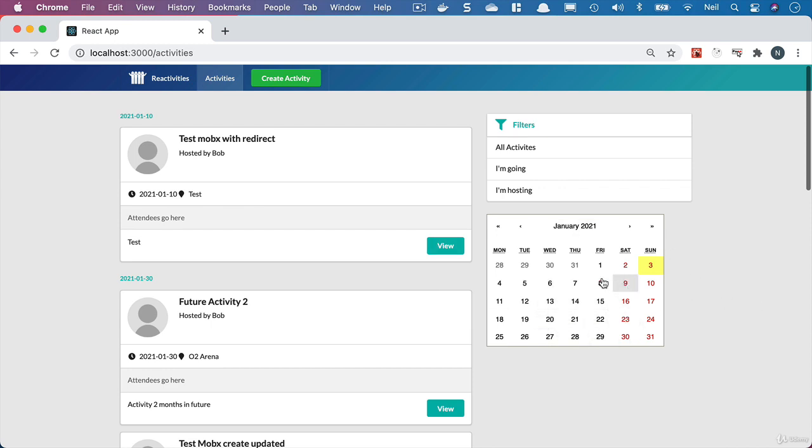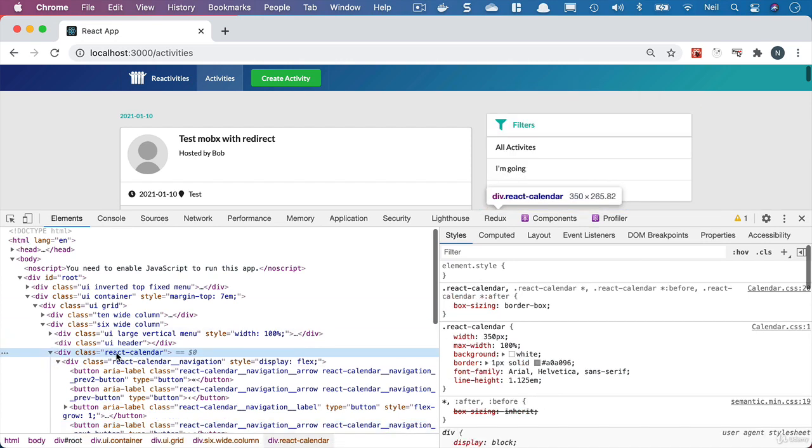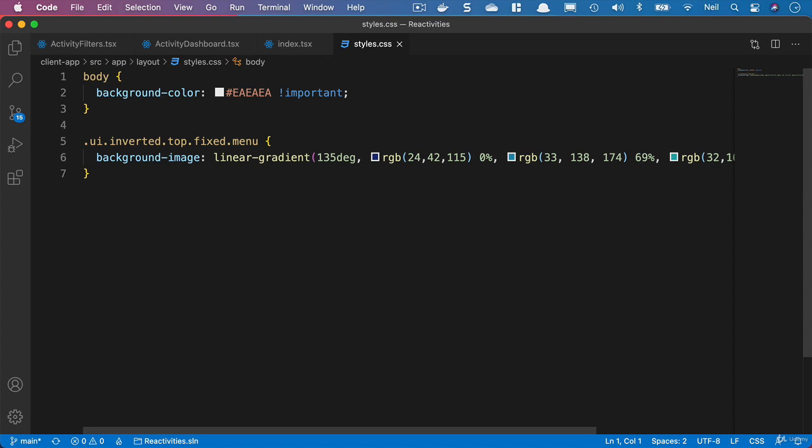So let's add a bit of styling, and a way that we can add styling only to this particular component is we need to target the React Calendar itself. And if we go and inspect and take a look at the class that we have available here, then it's actually just called react-calendar. So we can target this inside our global style sheet, and then we can make a few changes to this. So let's go back to VS Code, open up our styles.css, and inside here we'll say .react-calendar, and we'll give it a width